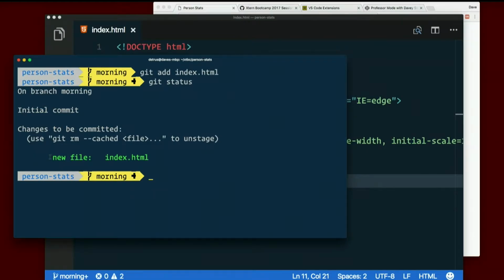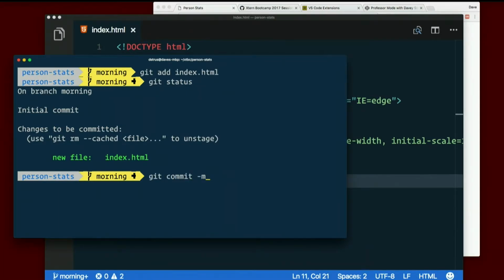It's in our history now. It's totally in that .git directory somewhere. But we have no way to refer to it to get back to this version because we haven't labeled this version yet. For that, we need another command, commit. So git add tells Git to start tracking this file or the changes that I've made to the file. Git commit